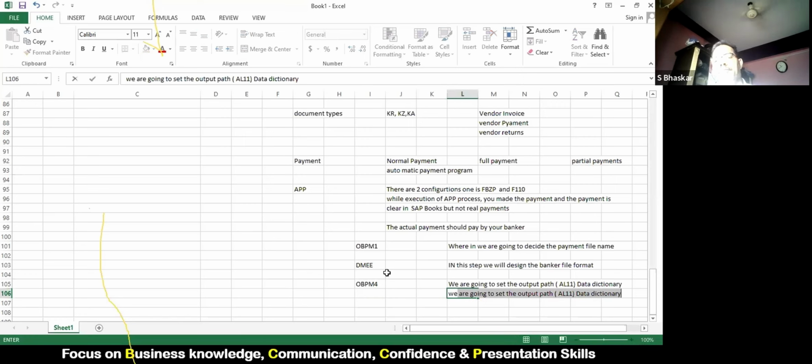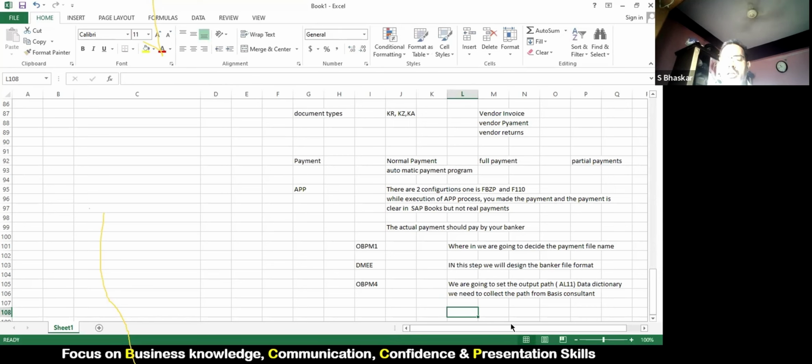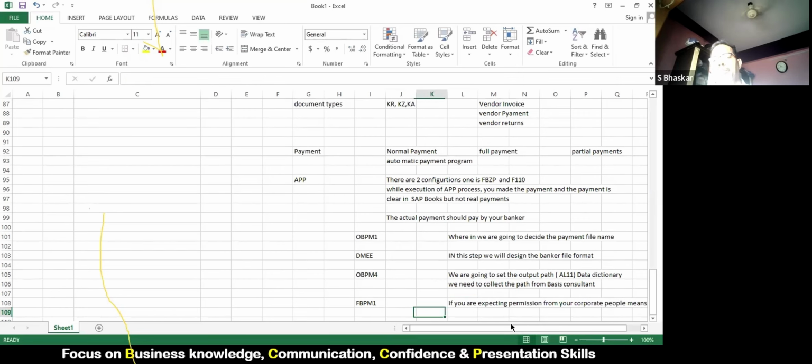We need to select the path from the Basis consultant. That path needs to be assigned under OBPM4. Sometimes there is a T code called FBPM1. Here, if you are expecting permission from your corporate people, the payment information